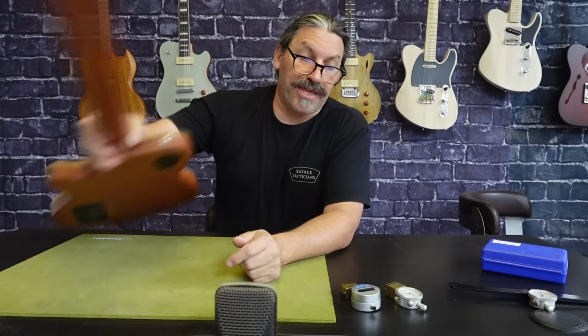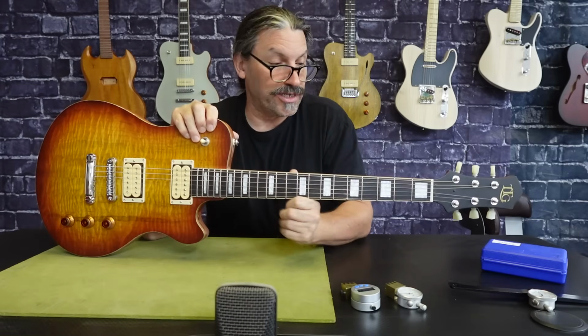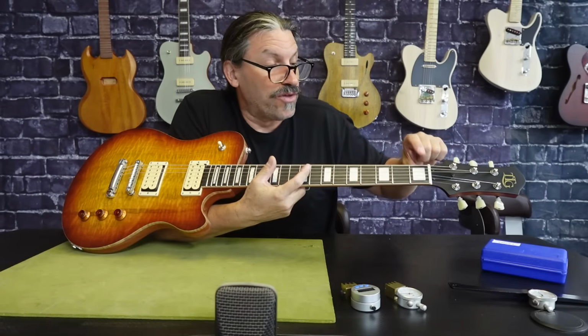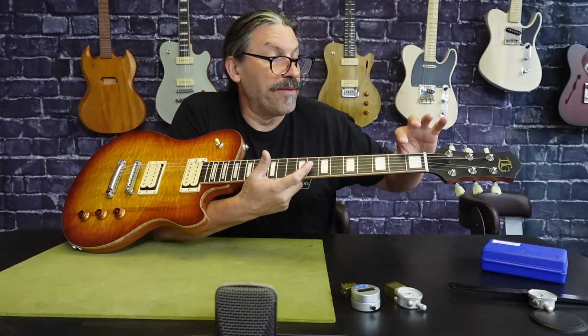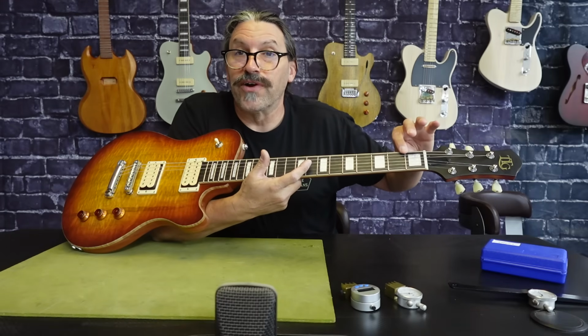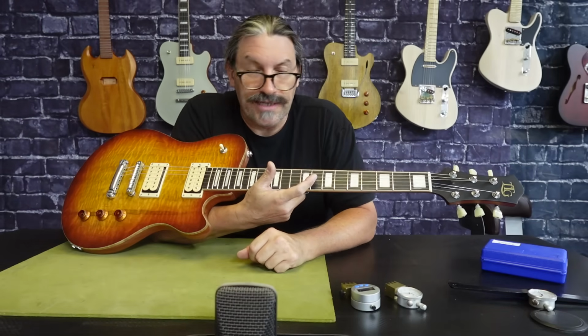All right, so let's talk about our nut slot depth gauge. If you've been to one of the workshops here at Texas Toast Guitars, you know that it is ideally suited. As a matter of fact, it was designed so that you could measure the distance between the bottom of each string to the top of the first fret. And that's what that tool was actually designed for. However, we've discovered,